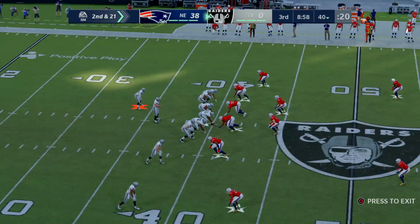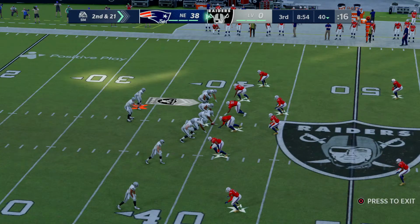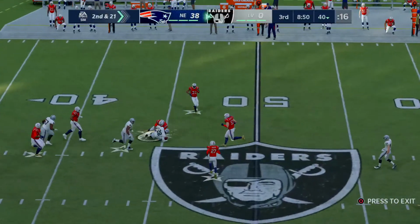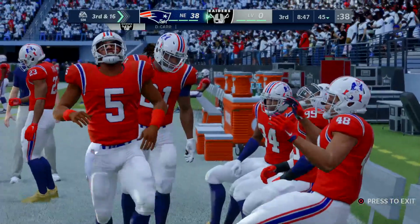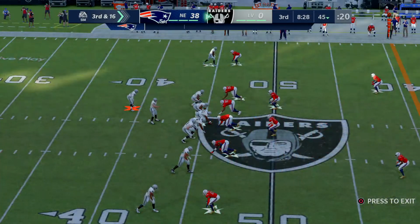And they're in some hot water now. After that sack, it's 2nd and 21. Another try after the first down sack. Carr looking left side, and he's got a man. It's Jacobs. That might feel like a little bit of a lost opportunity there for the offense because the defense